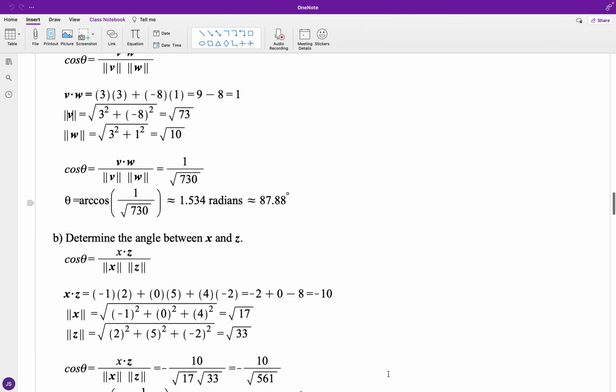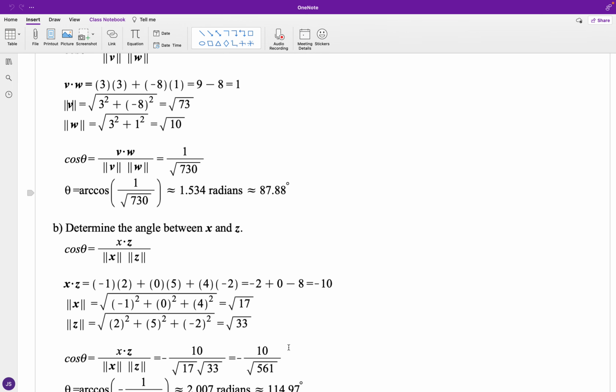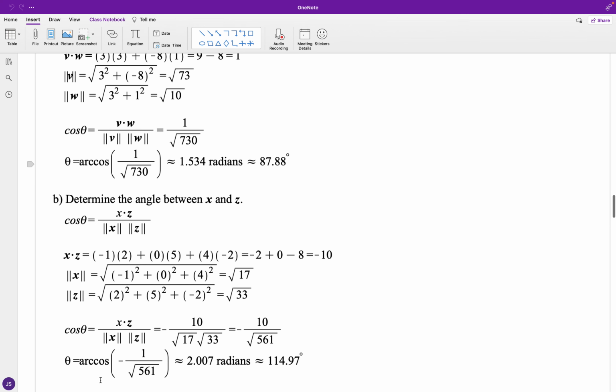For the angle setup, we got the dot product at -10, and the product of the magnitudes for x and z will be the square root of 561. And for theta, you're looking at the inverse cosine of -10 over the square root of 561, and so we have about 2.007 radians,